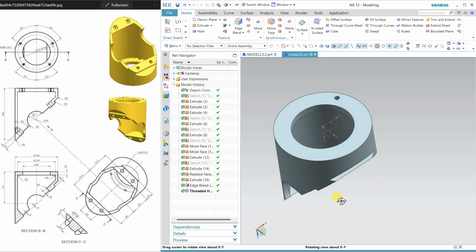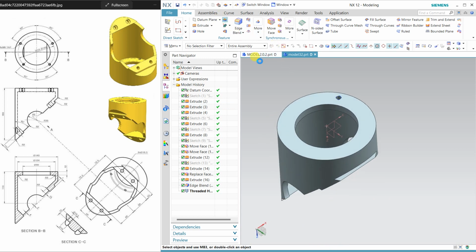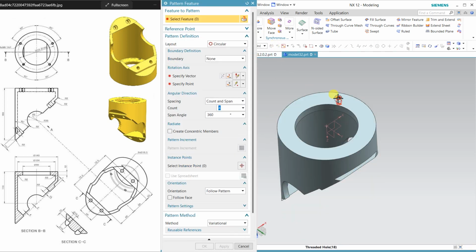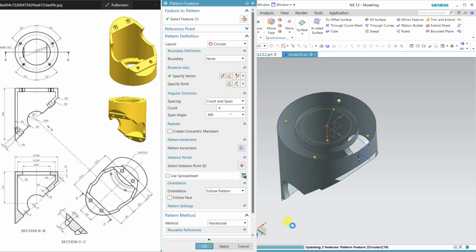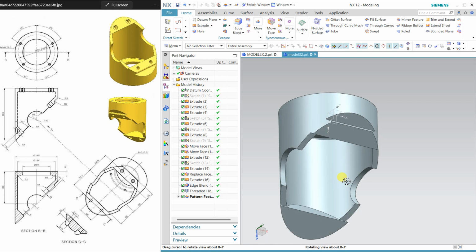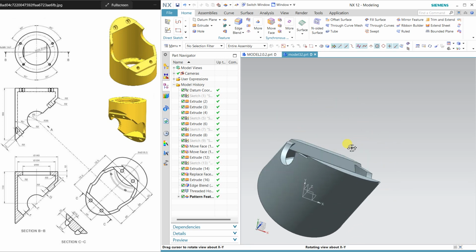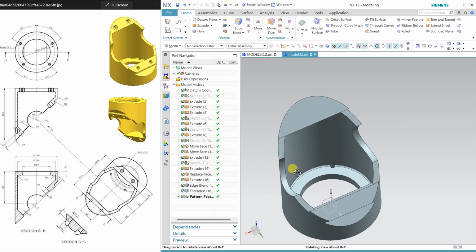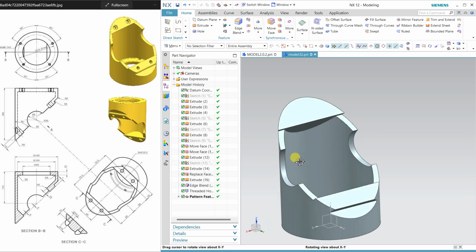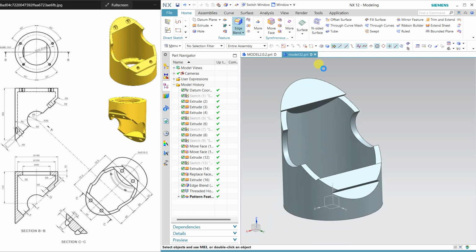Okay, and now pattern it. So we have pattern, this is my hole, vector is this, 4 instance, and apply. Okay, we have to apply some fillet on more edges.